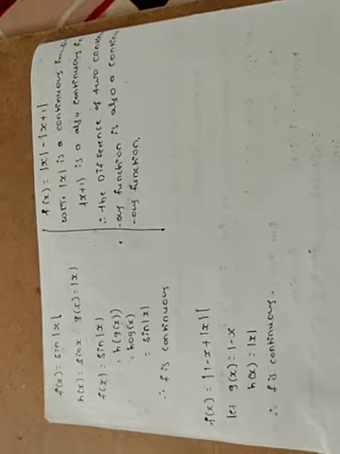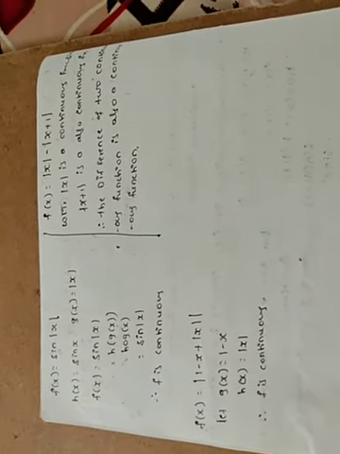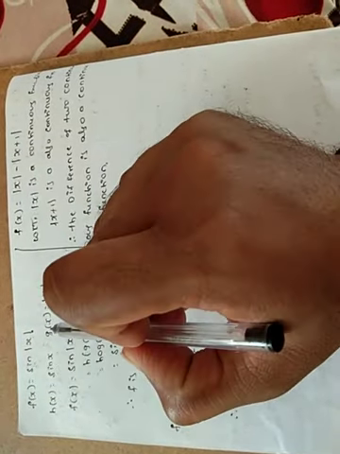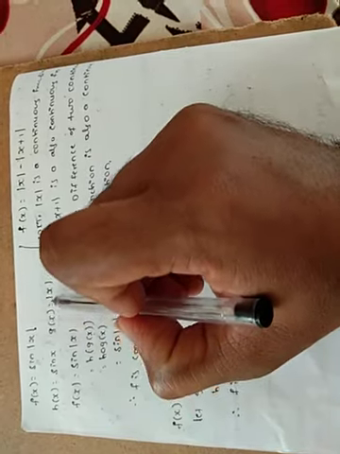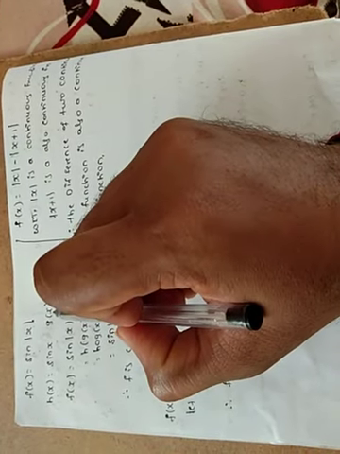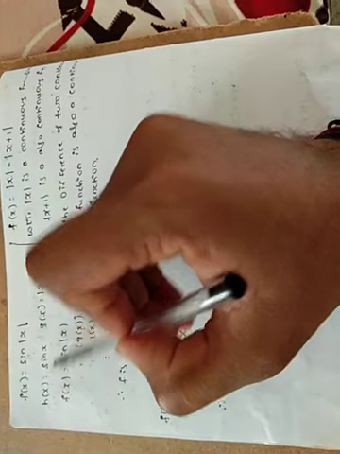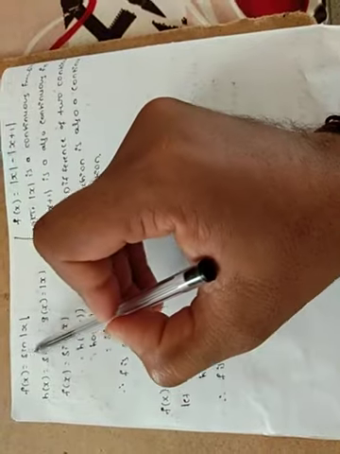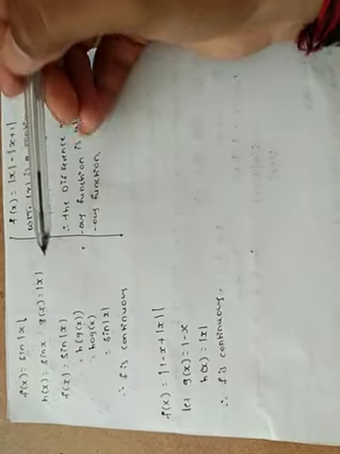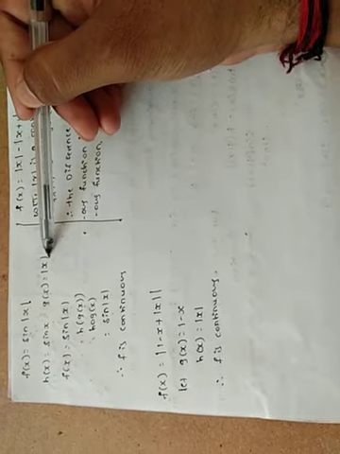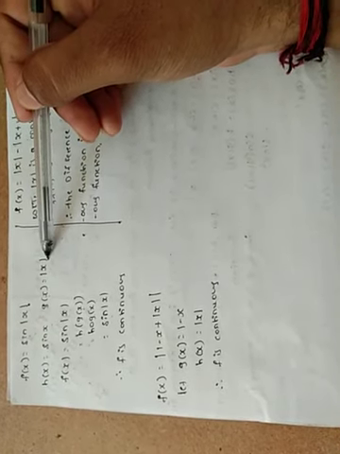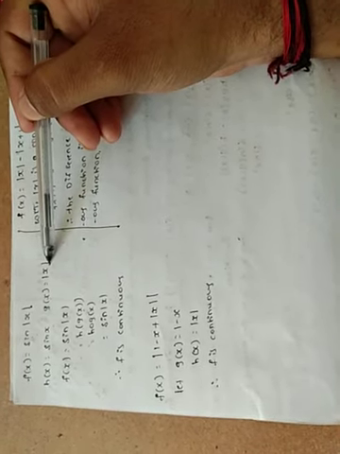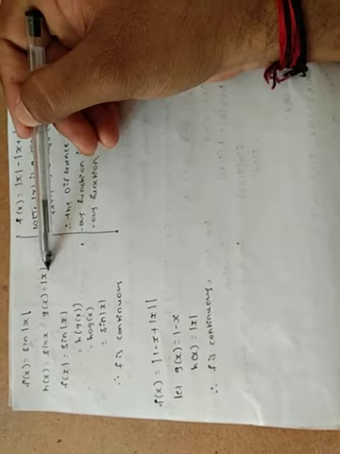Similarly, we have three problems here similar to the composition of functions. sin of mod x: h of x is equal to sin x, and g of x is equal to mod x. So h of g of x means g of x is within h of x. So sin of mod x is hog of x. Since sin x is a trigonometric function, which is continuous, and modulus x is a modulus function, which is also continuous, the composition of two continuous functions is again a continuous function. Therefore f is a continuous function.